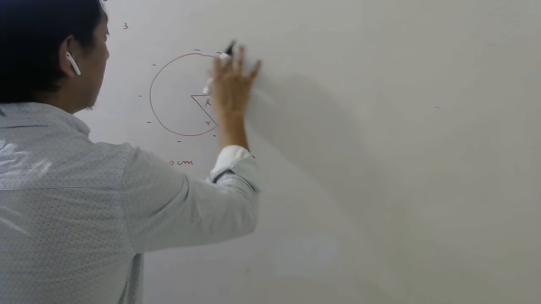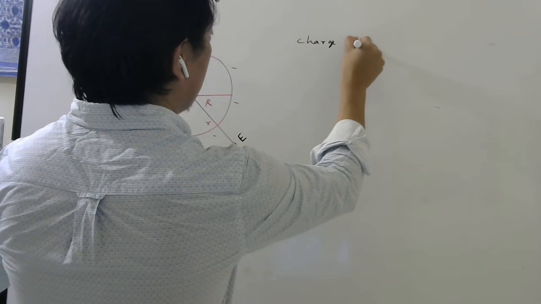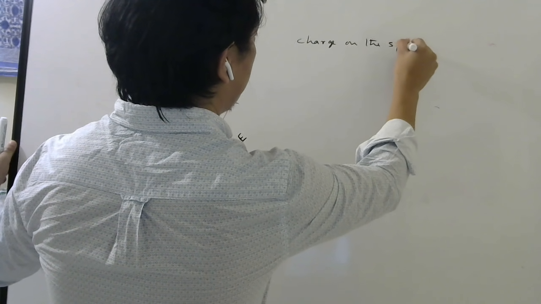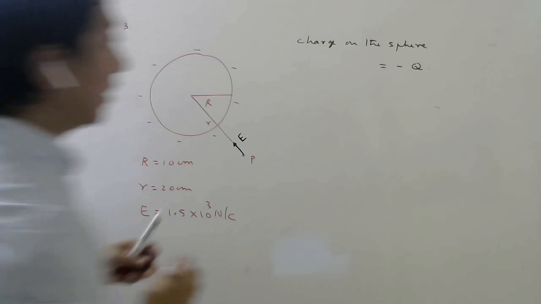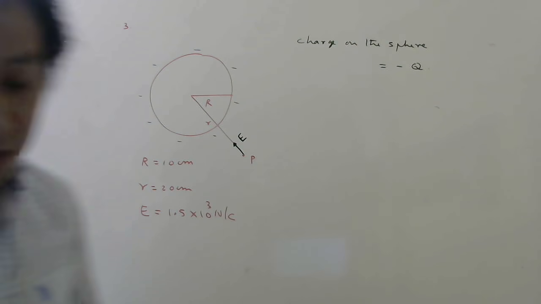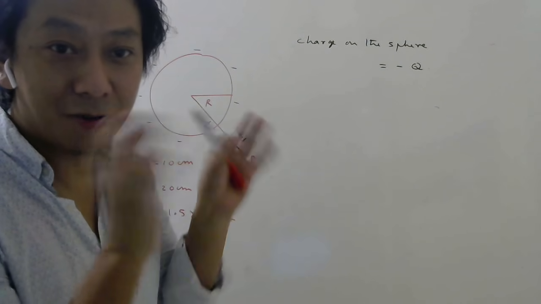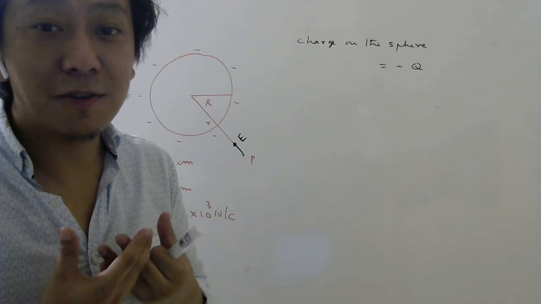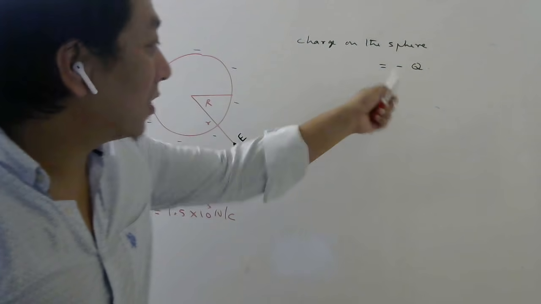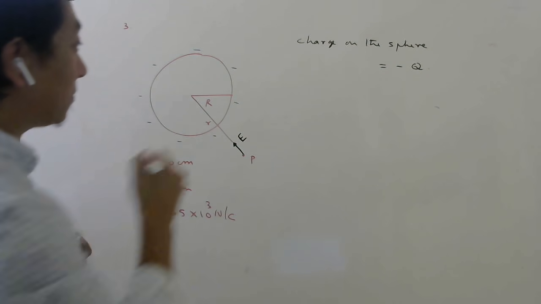Okay, so it should be some minus q, where q is the magnitude. So the charge on the sphere should be minus q, and that q we have to find. Then we will know the charge on the sphere. And to give it negative charge, you have to put what? Electrons. Already we know from the first few classes. So we have to add electrons. How many electrons to add? That we will do later. First, let us find the charge. So the first part is to find the charge.